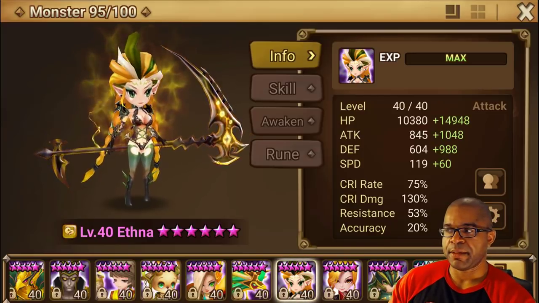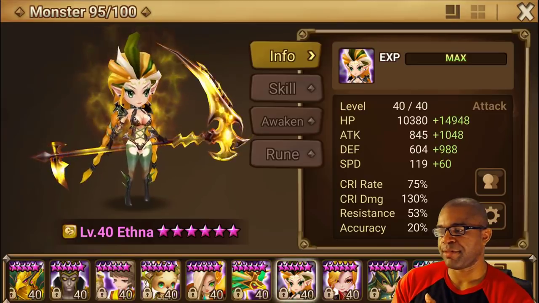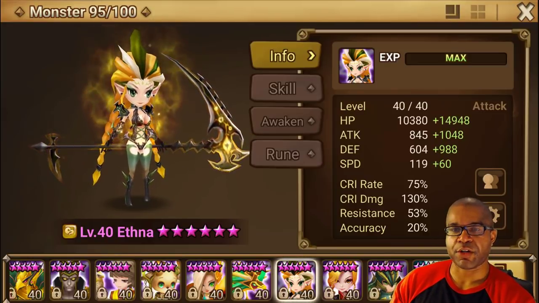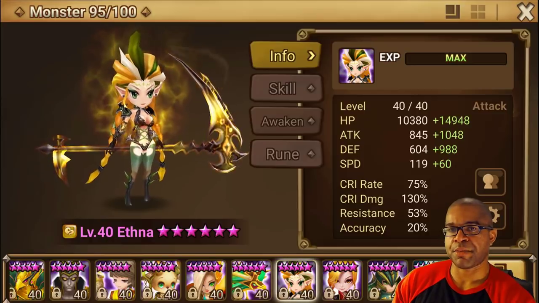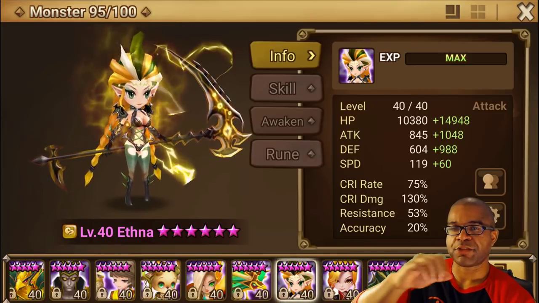How this came to be, basically, once I pulled her and realized that I wanted to bring her in the RTA, I definitely wanted to have her fast and tanky, but I tried my very best to have her on a despair set. However, because I have other key monsters like Iris that are taking some of those better despair runes, I don't have a lot of options, so I went back to one of my things